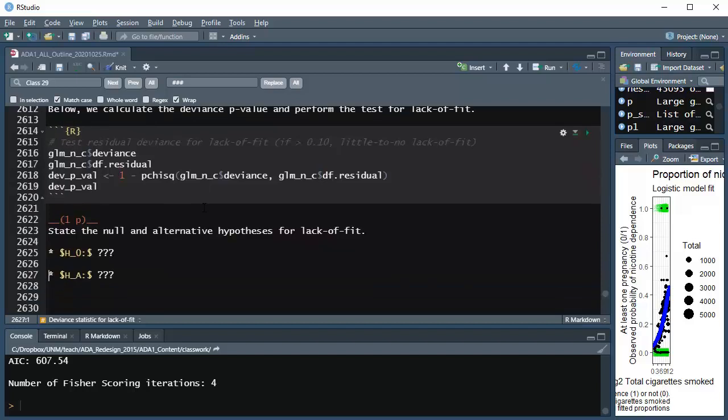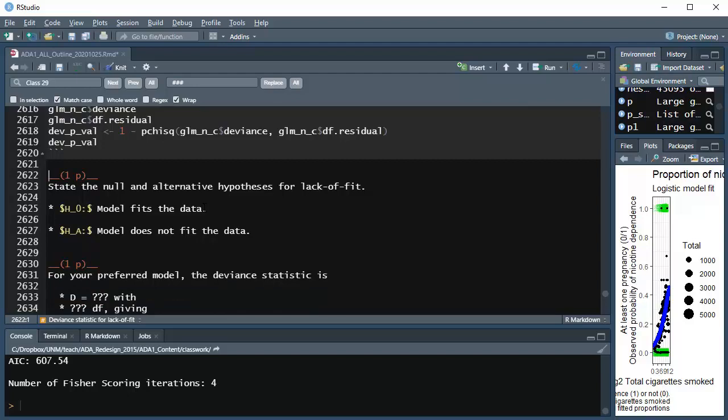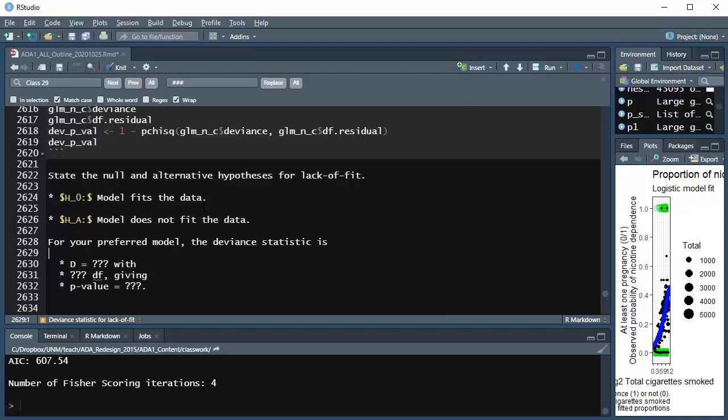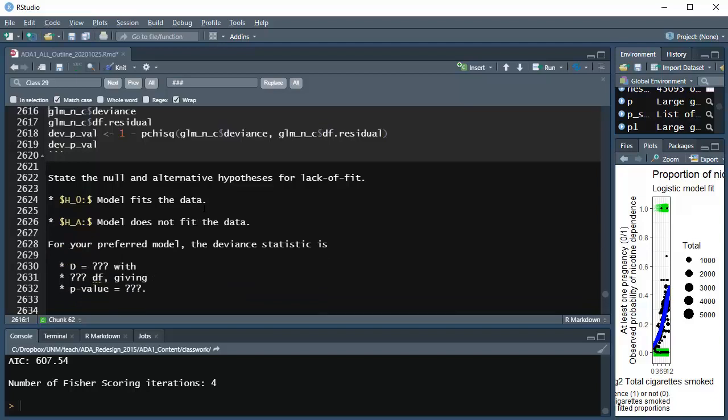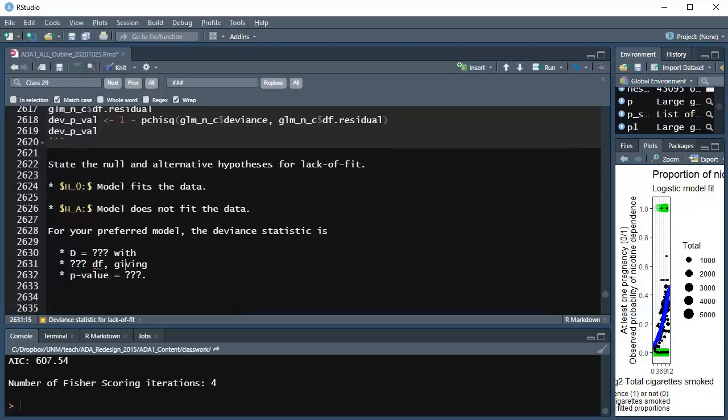And we're going to state the null and alternative hypothesis. So we'll say the model fits the data, and then the model does not fit the data. We don't really have these 1 points anymore for this. That was from the previous assignment. For your preferred model, the deviance statistic is, so that's this value here, that deviance statistic. We can put that in here with 2 backticks and an R space and the value. And we can print this